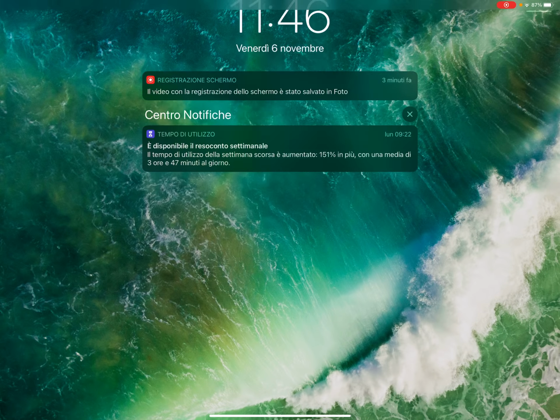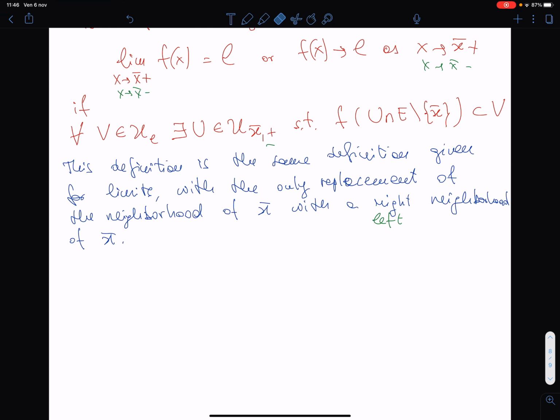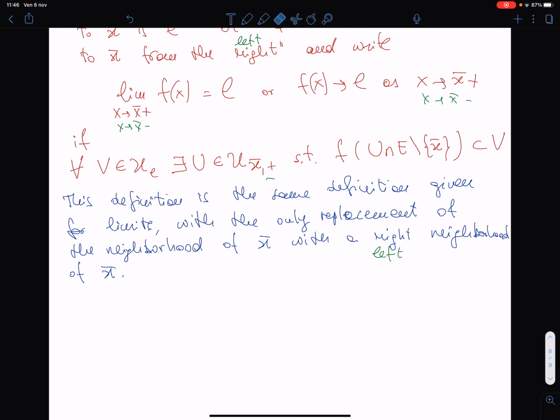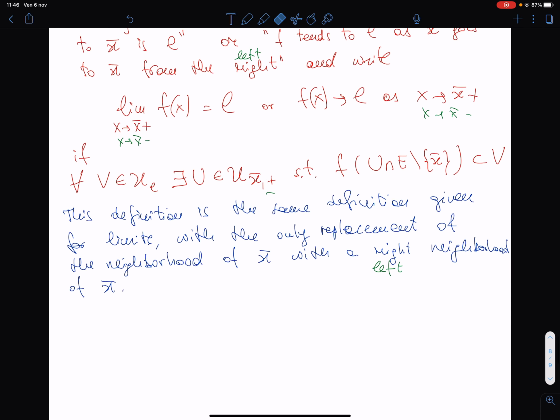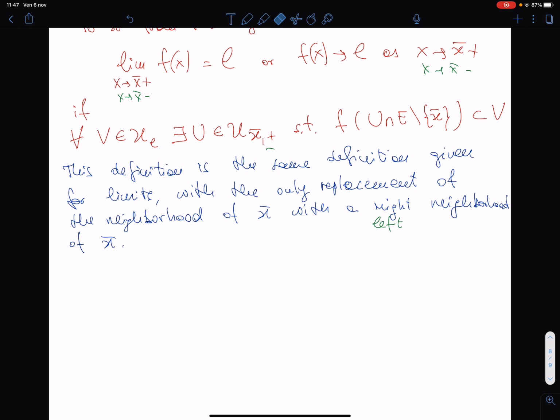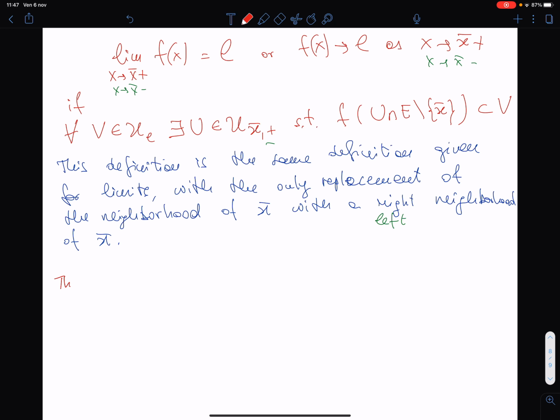Okay, here we are with our next video, and we have to prove the relationship between left and right limit and the whole limit. Okay, and I give immediately the theorem. And this is an important theorem that will be used extensively in the course and in general in the study of the analysis. And so the